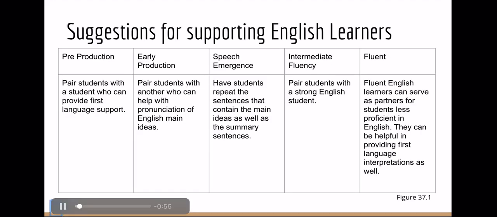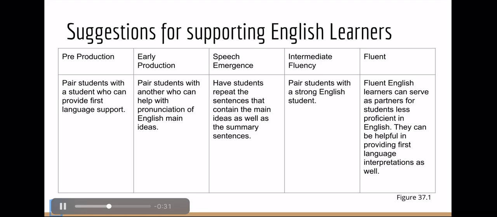This slide is to guide us into pairing students off into groups or partners. As mentioned, step by step, there's ways to pair students. There's the pre-production, the early production, speech emergence, intermediate fluency, and fluent. This chart portrays the student that we are pairing our EL student with. Using this chart allows us to